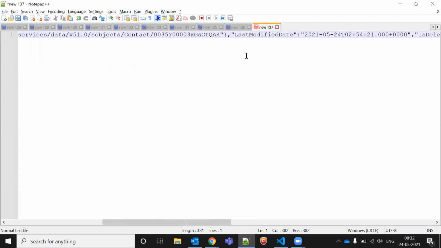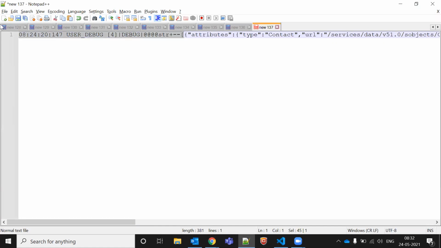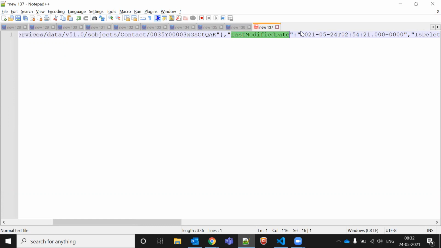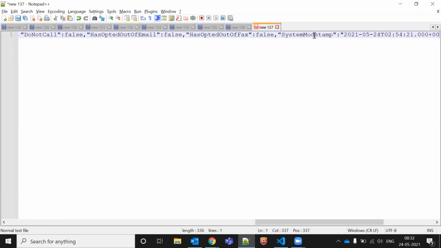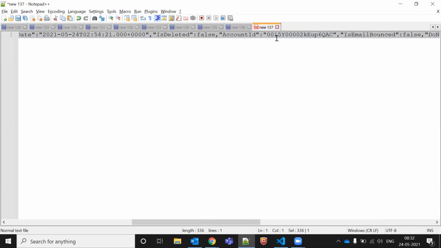It's too long. The JSON format starts from here. So these curly braces, this is my attribute, and inside this attribute we are getting all these values again. This is my second attribute, and for this second attribute we are getting another value. This is another field, so again we'll get another field. Similarly, we'll get it like this only.